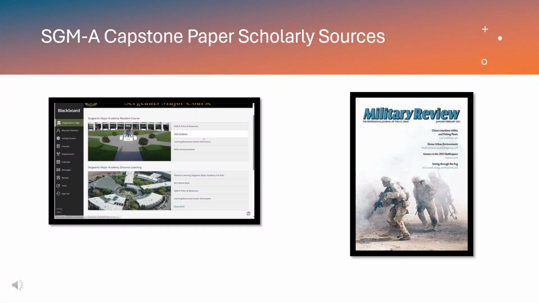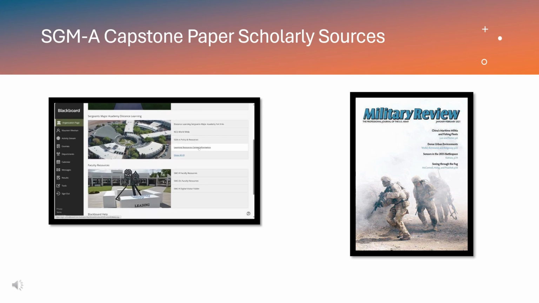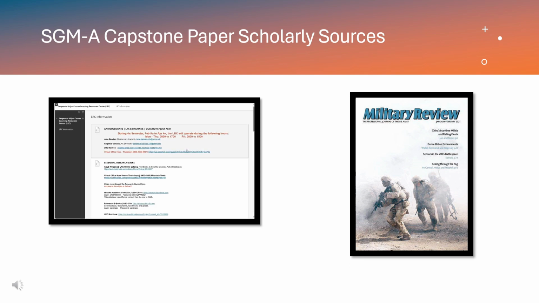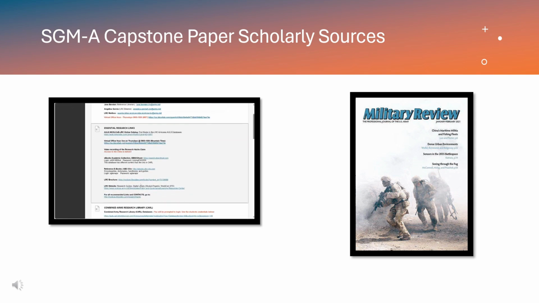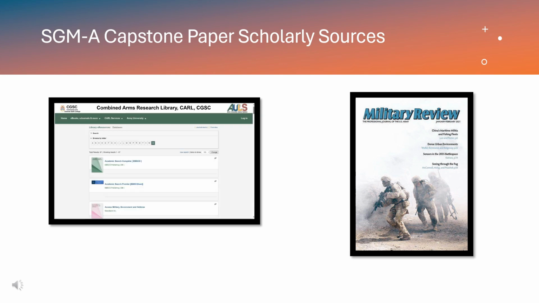For your final capstone paper, you are required to provide at least 7 scholarly references published within the past 5 years. We recommend that you begin formatting your reference page as soon as you start collecting references. Most of your references will come from the Sergeants Major Academy Library digital interface. If you have not reviewed the library's video on best research practices, I highly recommend taking the time to. I will have the link at the end of this video,